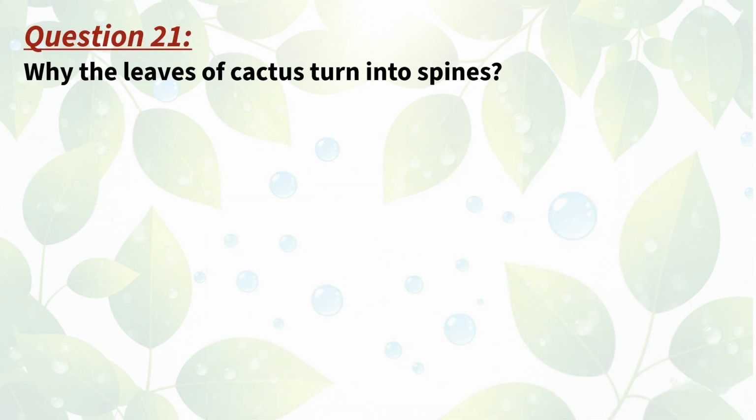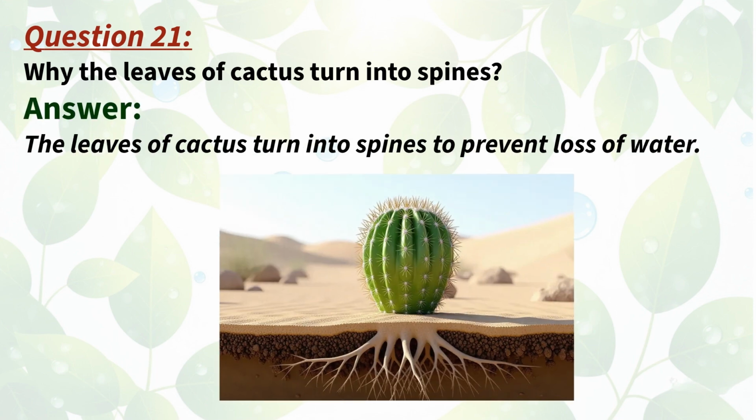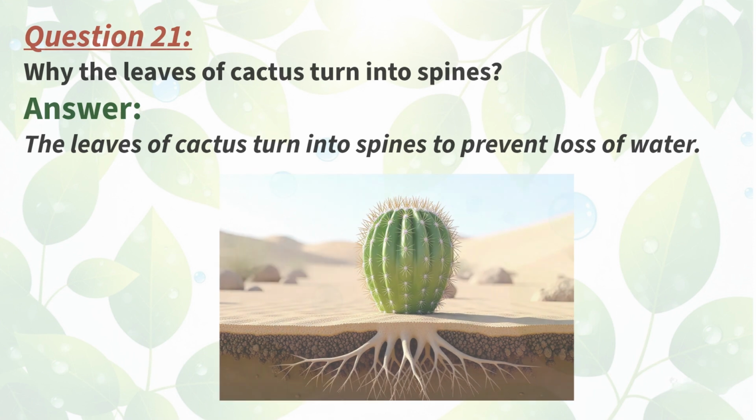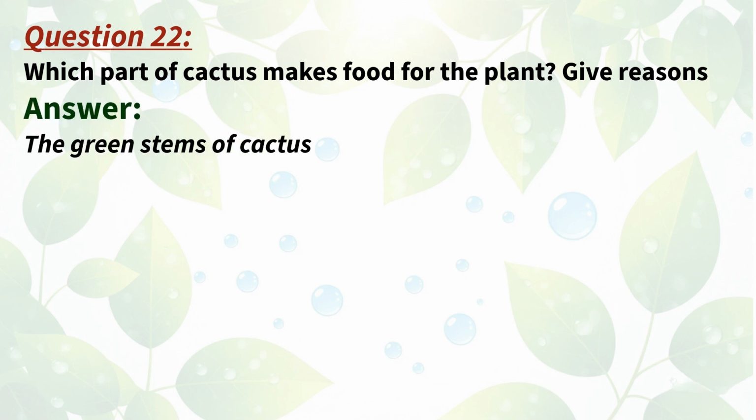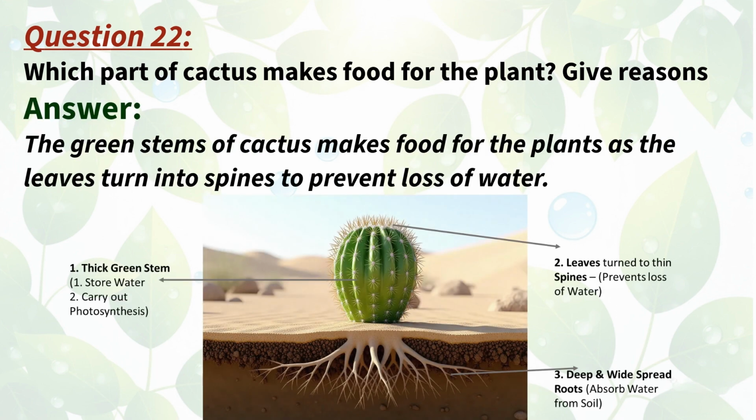Question 21. Why do the leaves of cactus turn into spines? Answer. The leaves of cactus turn into spines to prevent loss of water. Question 22. Which part of cactus makes food for the plant? Give reasons. Answer. The green stems of cactus make food for the plant as the leaves turn into spines to prevent loss